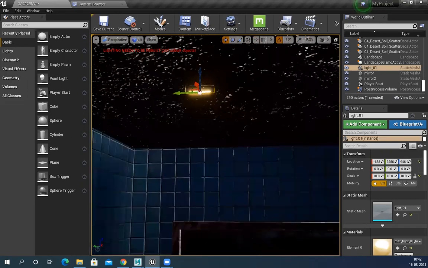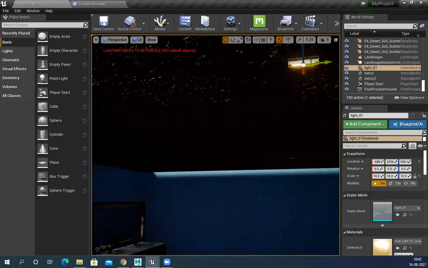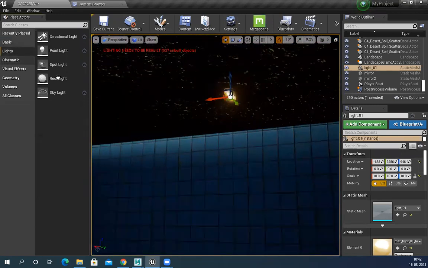It will glow, but it won't emit any light. So for that, I have to make sure there is a light connected to this, or else I have to manually place all these lights, either a point light or a rectangular light or a spotlight. I have to connect here. I have to place, align it properly and apply. But this is very difficult and a tedious task.